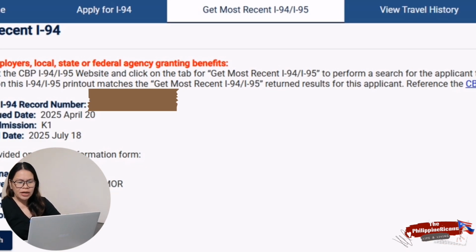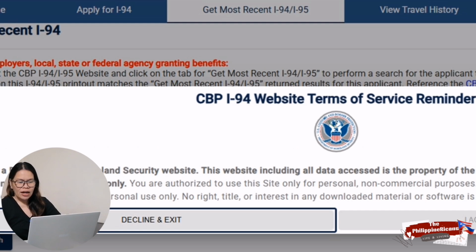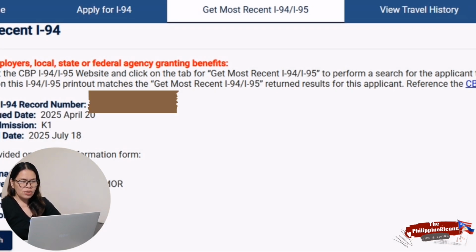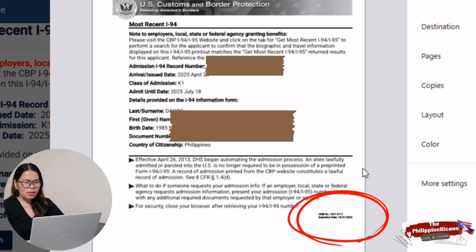After that, click print and again scroll down, just click the I acknowledge and then you're ready to go to print your I-94 form. See here there is an OMB number. That OMB number guys is unique too, and there is a date on it and it expires only in, I think, 1 month.